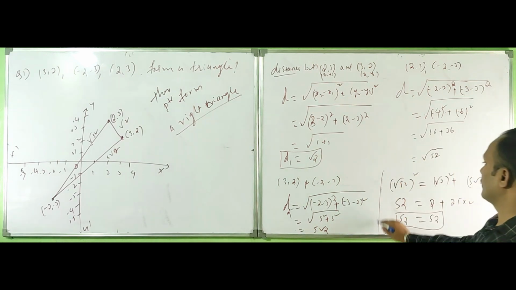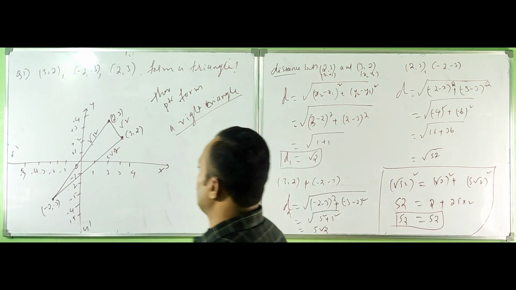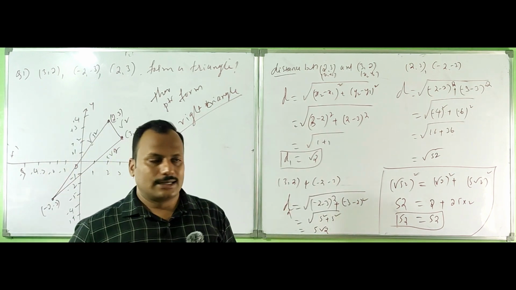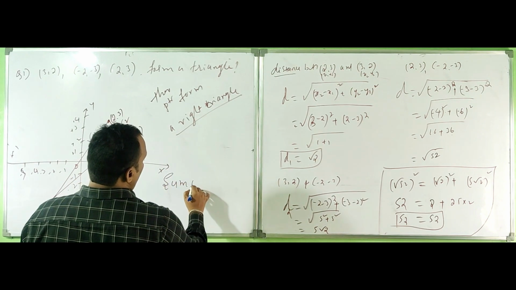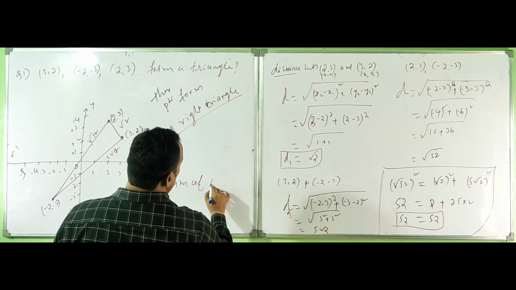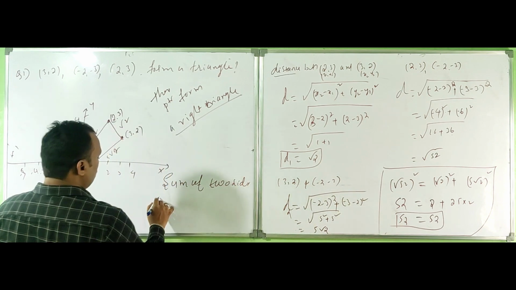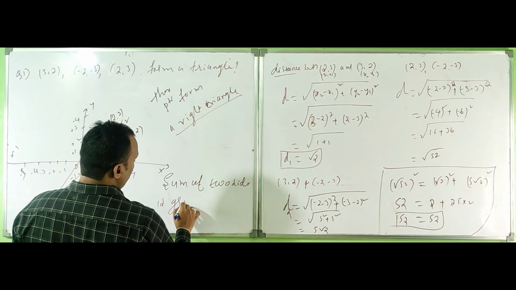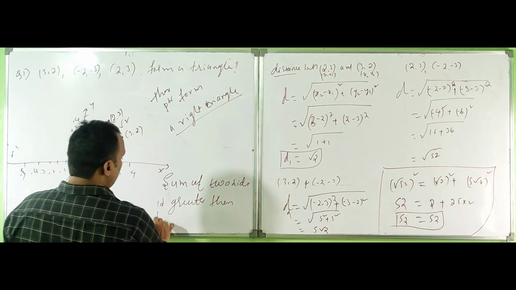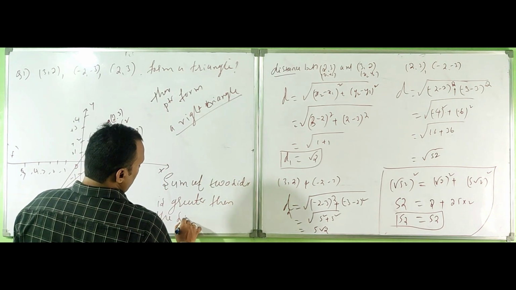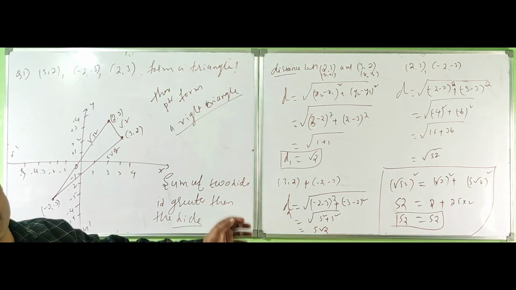This is the shape. So you can say the sum of the two sides, as given in the book, is greater than the other side. This equals, right, or the sum of the squares of the two sides is